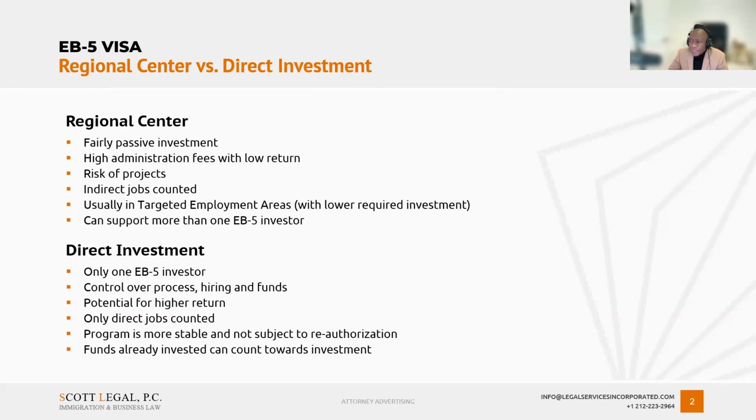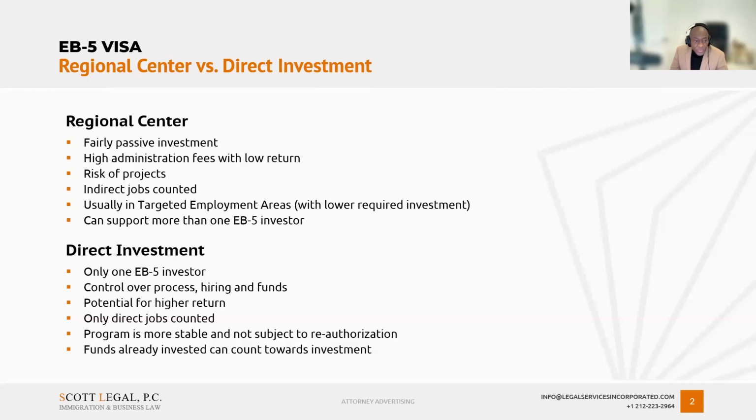When we think of a regional center, an example might be a situation where a large company, like let's say the Hilton hotel chain, decides that they want to build a mega resort somewhere in the United States. They say that they want to utilize the EB-5 program to raise capital, and they collect a bunch of money from a number of different people. And in exchange, those people might get green cards. If we contrast that to a direct investment, this might be someone who wants to start a restaurant and they want to invest a certain amount of money into their own business, and then utilize that particular business investment to get a green card.